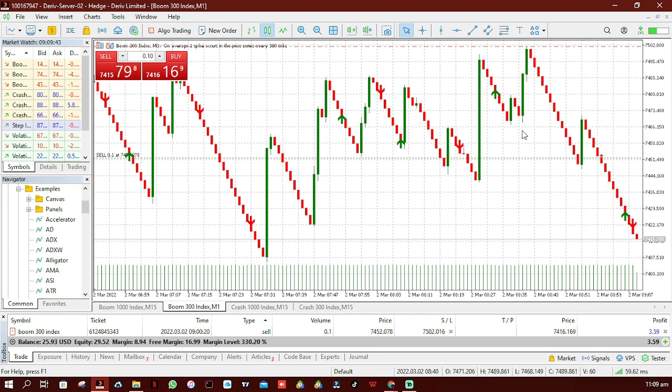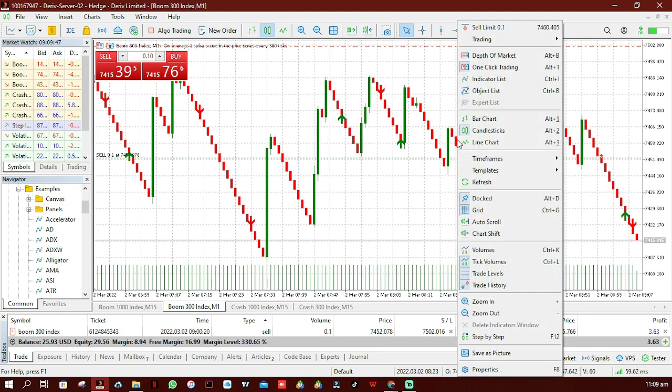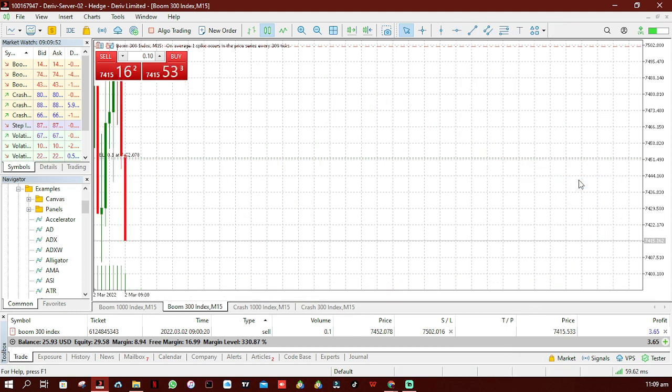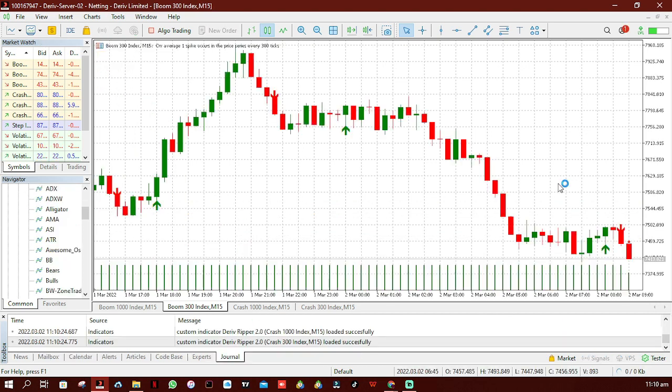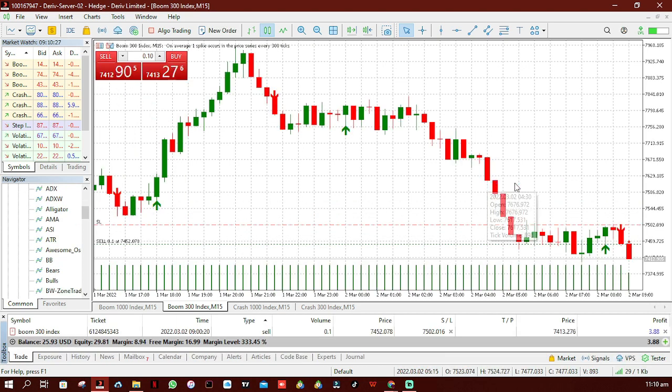Okay, so I've just sold on Boom 300. I've actually entered a trade trading against spikes using the Deriv Ripper Indicator. I entered a trade after the new candle started to form after the arrow. This indicator actually shows you buy and sell signals, but in today's video I'm going to focus on buying